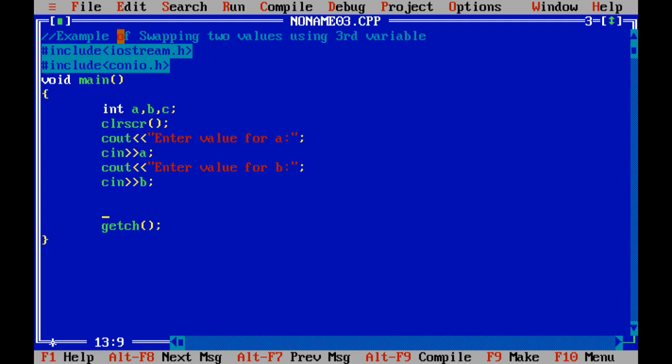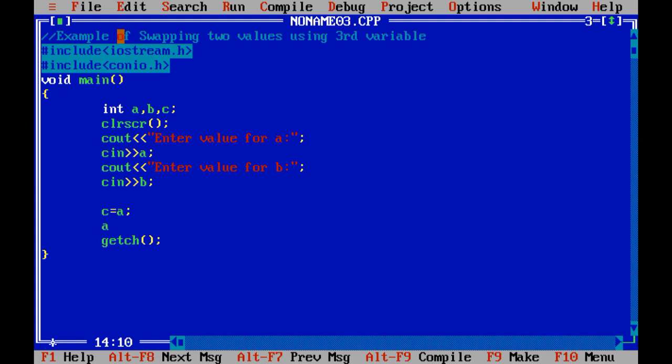Now what are the processing statements which I need to follow for swapping of 2 values? That is c equals a. I am giving the first place to the third place. I have given the example of a bench: 3 people are sitting on that particular bench, and I am giving the place of the first person to the third person. So the variable c is already empty, so the value of a is going to be stored in the variable c.